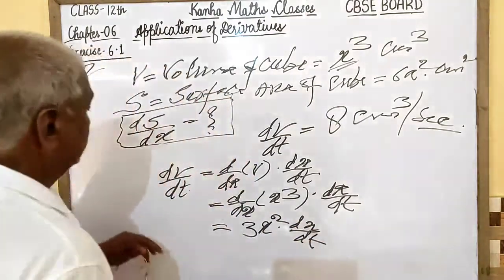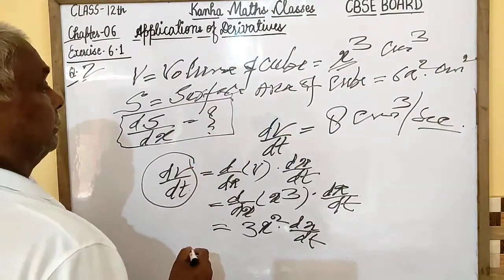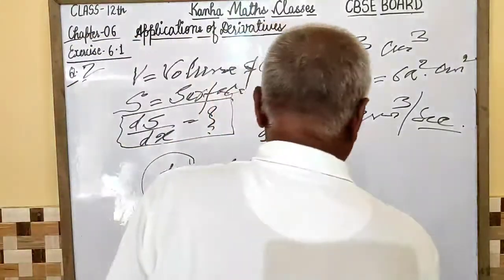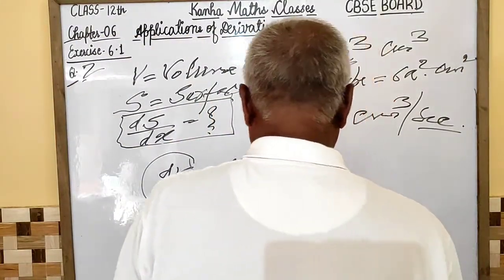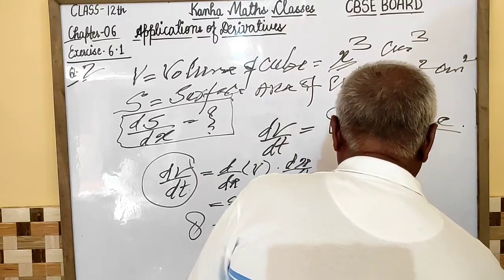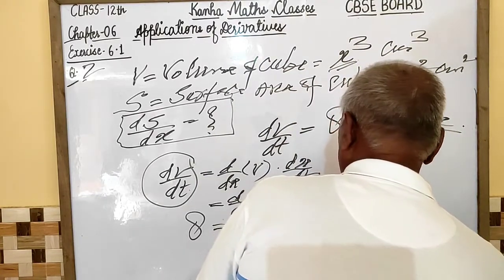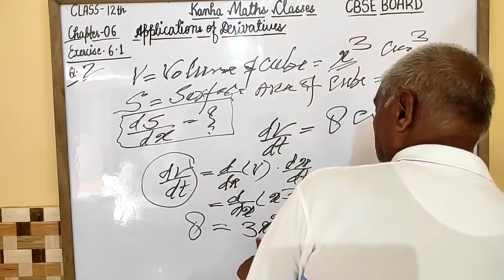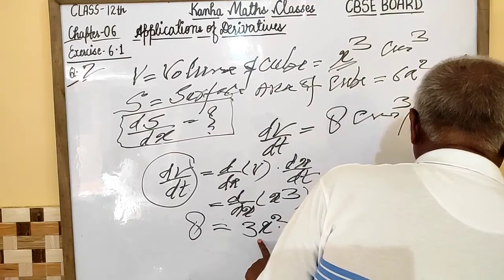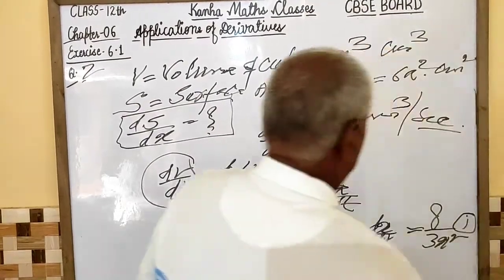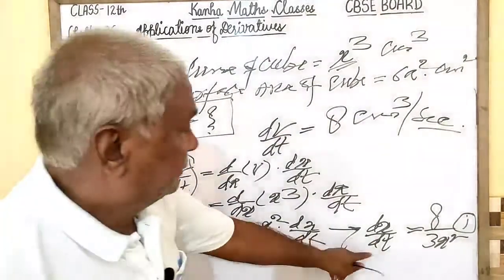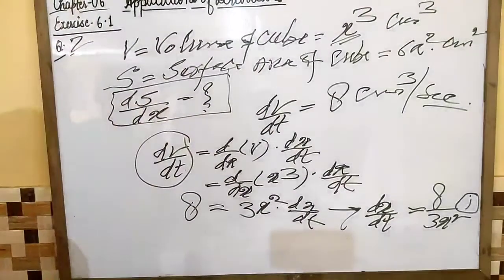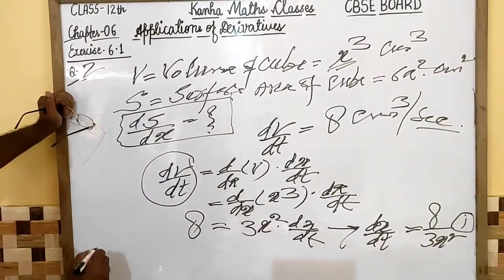Here it is given that dV by dt is equal to 8. It means dx by dt is equal to 8/3x². dx by dt is equal to 8/3x². This is the condition number 1, and what we have to find out is now